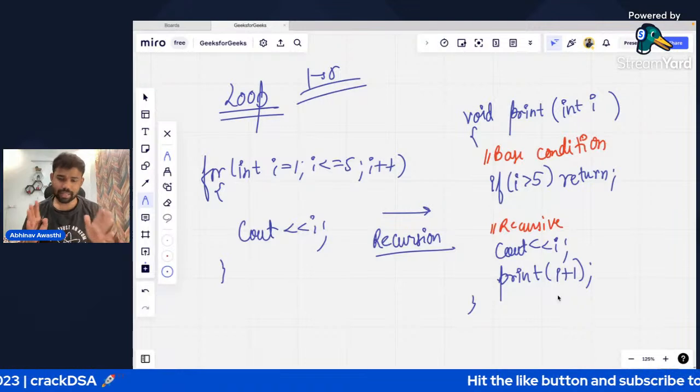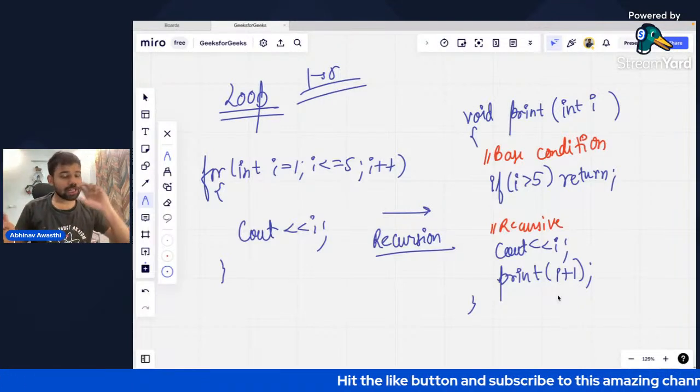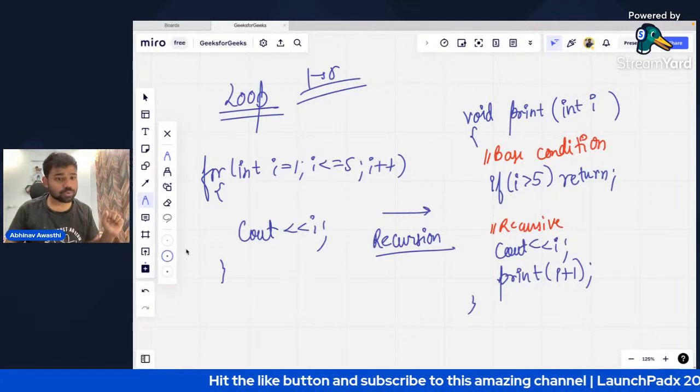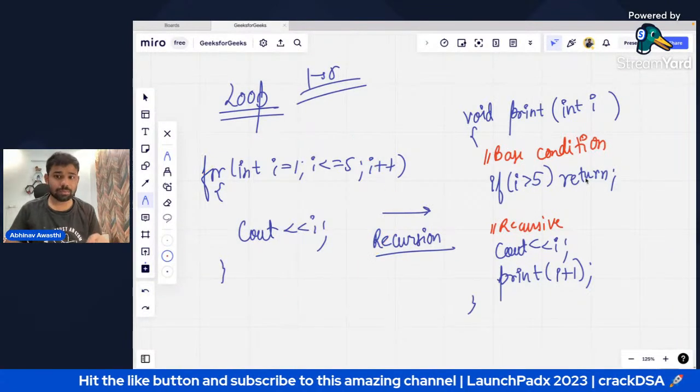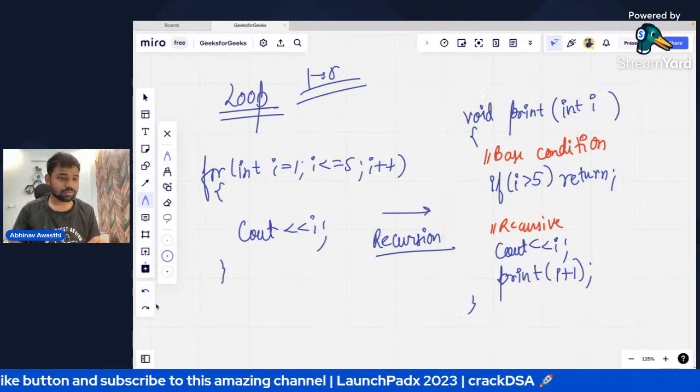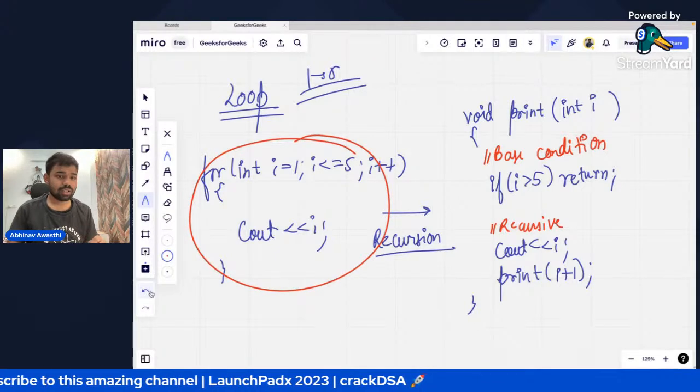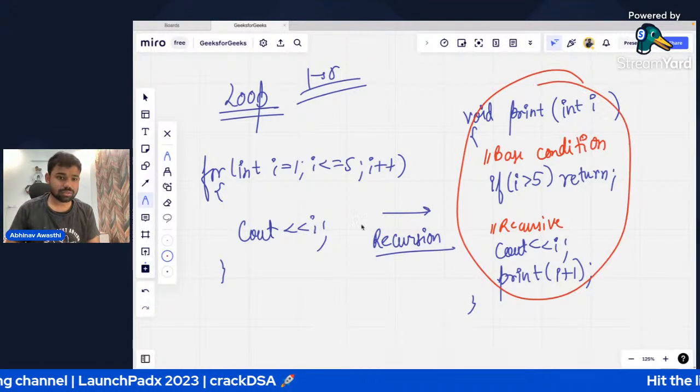Is it fine, guys? Clear? So the exact thing that this loop does will be done by this function.